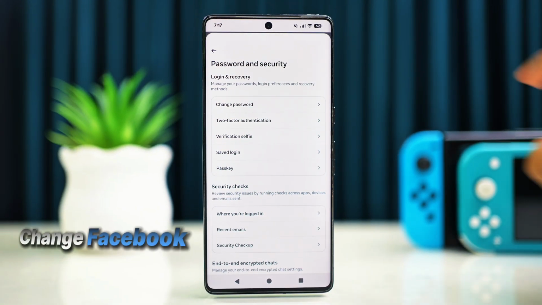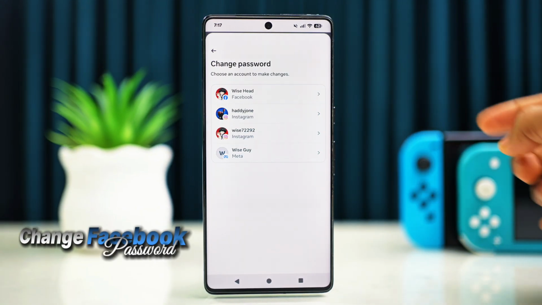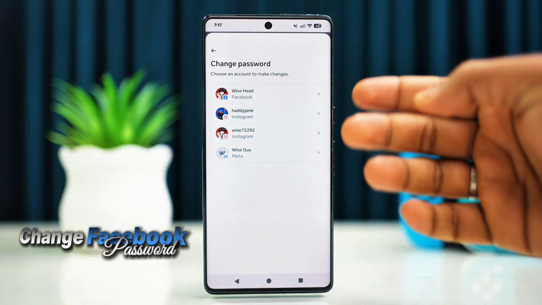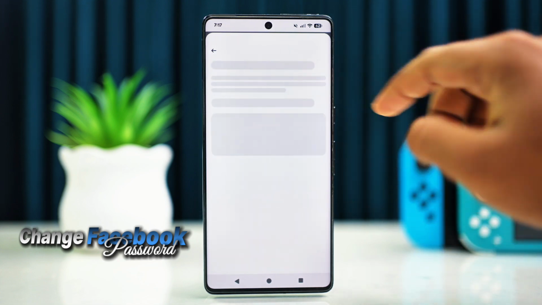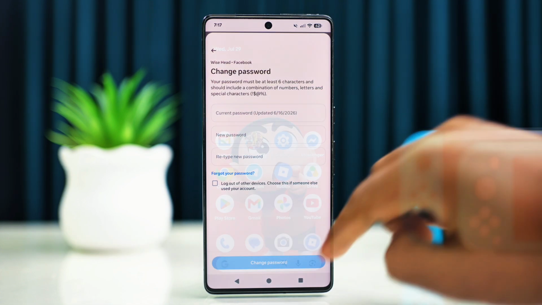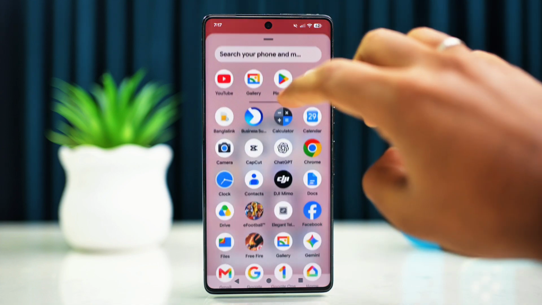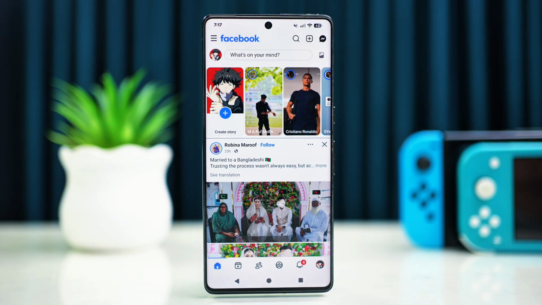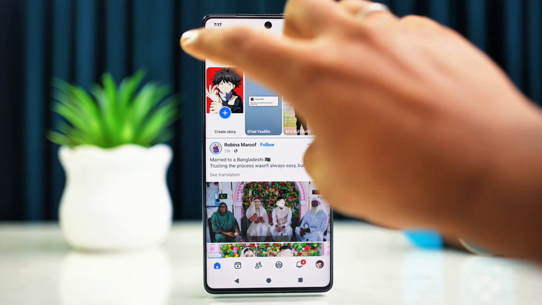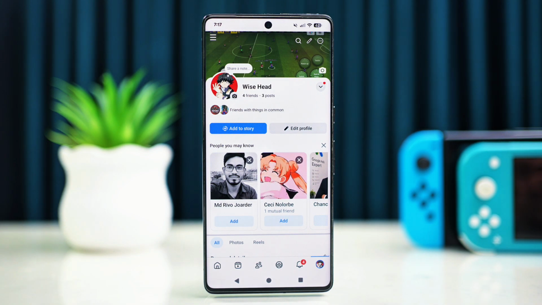Want to update your Facebook password on Android? In this quick guide, I'll show you the exact steps to change it in under a minute. Let's get started. Open the Facebook app on your device and tap the menu or three lines in the top